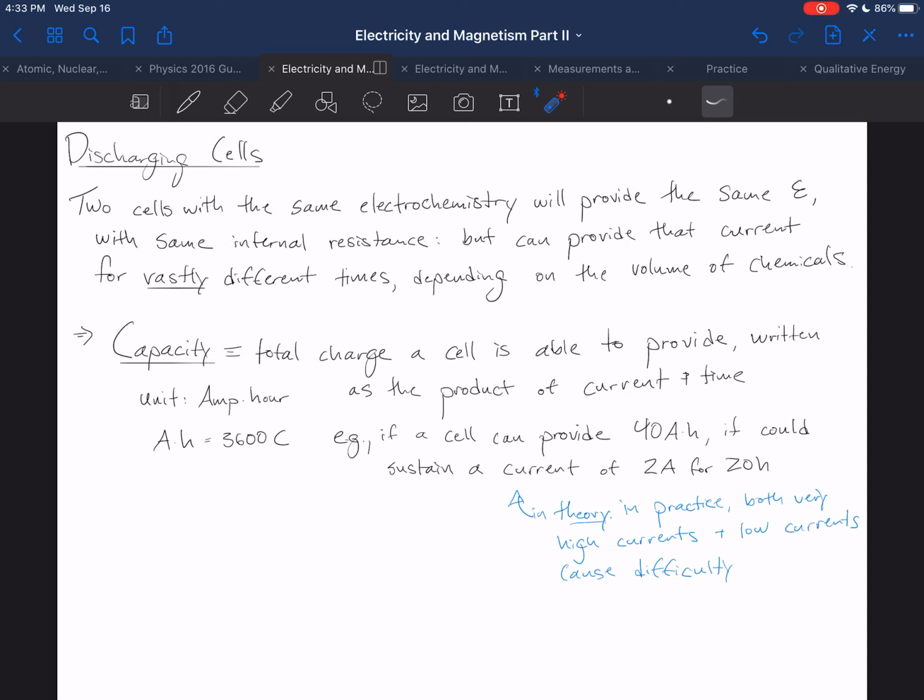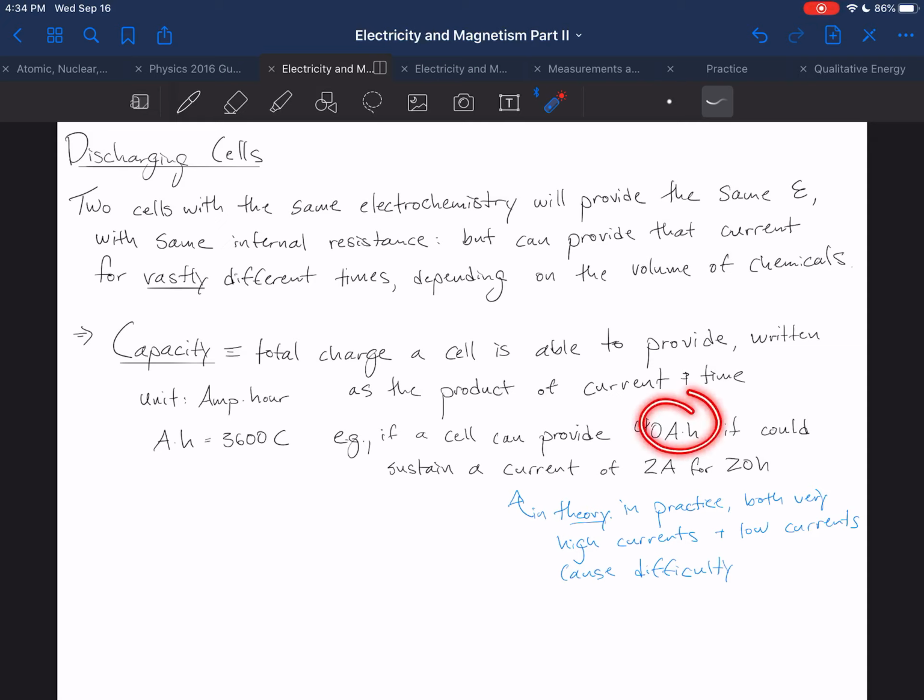And it's what we think of when we think of secondary cells charging, right? If they're charging, we're increasing their capacity. It is fundamentally related to the total amount of chemicals that are separated and which can undergo reactions. So the capacity is formally defined as the total charge a cell is able to provide. But this total charge is often written in a slightly confusing but more useful way. It's often written as the product of a particular current and a time, and the units are almost always amp hours, okay? So if a cell can provide 40 amp hours, which is fundamentally the same thing as a charge unit,